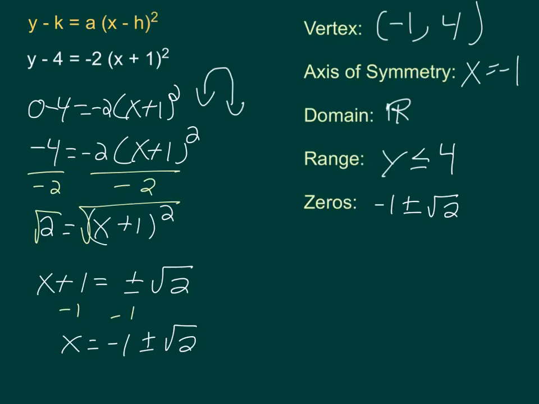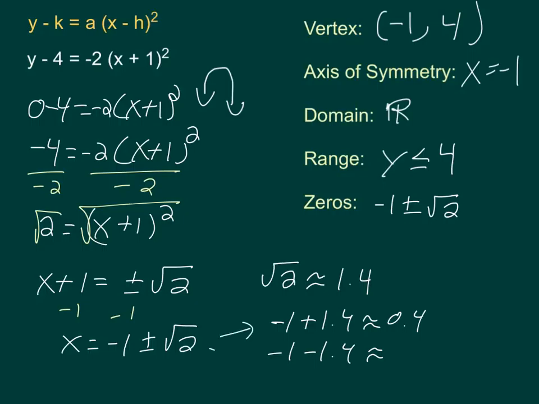But graphically, it's probably useful to have a good approximation for that. And so I might remember that the square root of 2 is approximately 1.4, just for the sake of it. So negative 1 plus 1.4 is approximately 0.4. And negative 1 minus 1.4 would, again, because the 1.4s are approximate, these are my two different values that I'd have here. That's going to be negative 2.4. And so when I have my zeros listed there, I know that approximately I'm talking about 0.4 and negative 2.4,